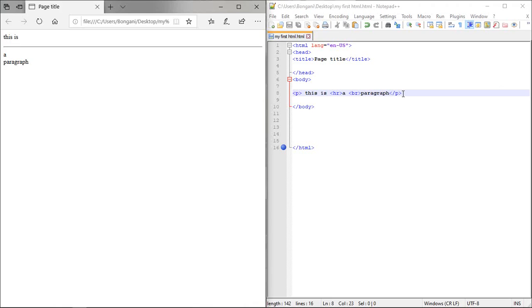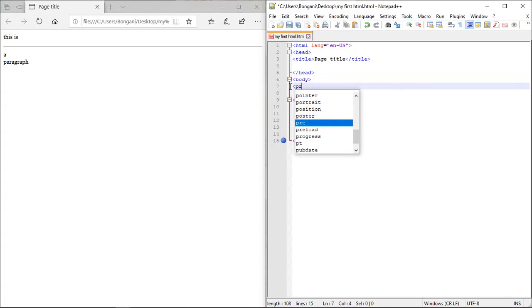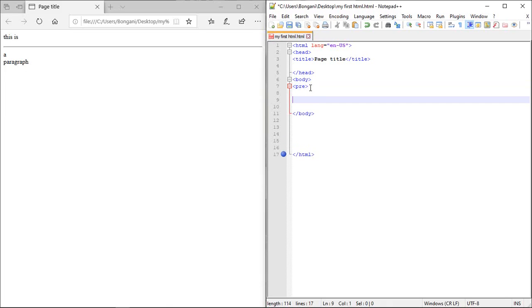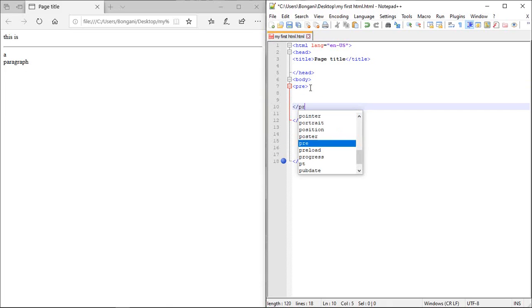And before we get into styling, the other thing that I also wanted to show you is what we call a pre tag, which defines pre-formatted text. The text inside the pre element is displayed in a fixed width font, usually Courier, and it preserves both spaces and line breaks. So what this actually means is, if you have a pre element tag,